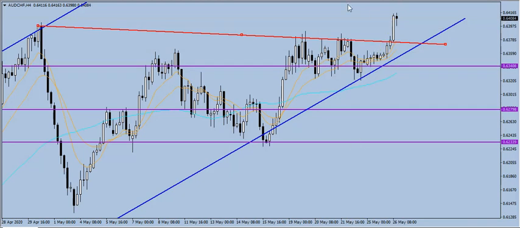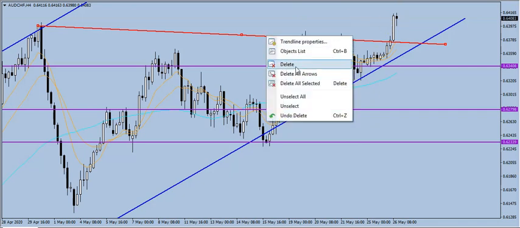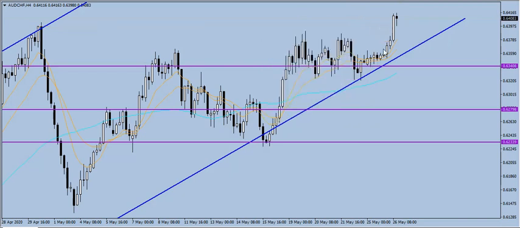However, we're not in this trade right now, so what I would expect now from this zone is a pullback to this level, and